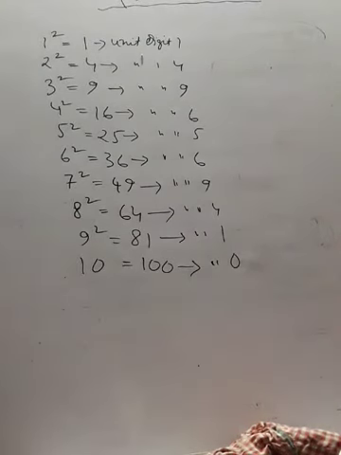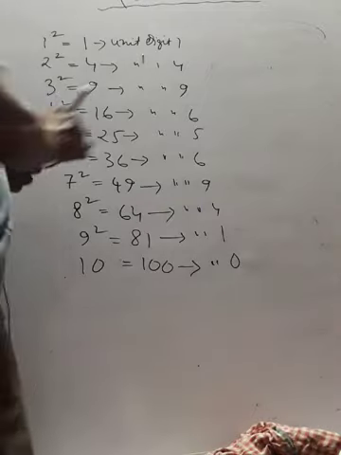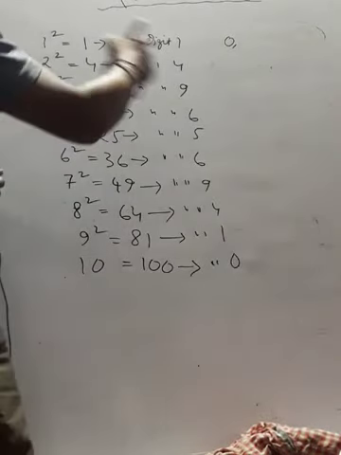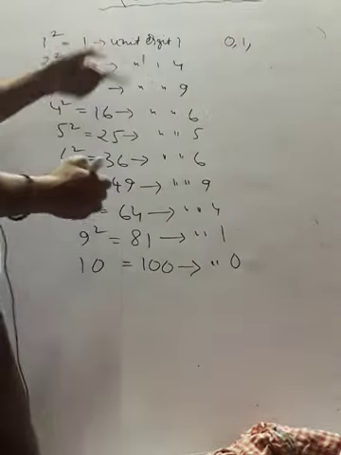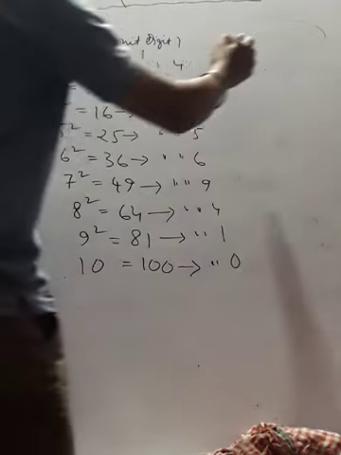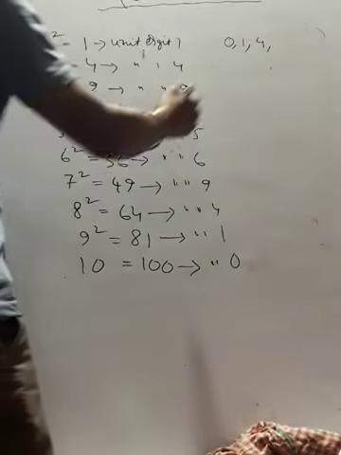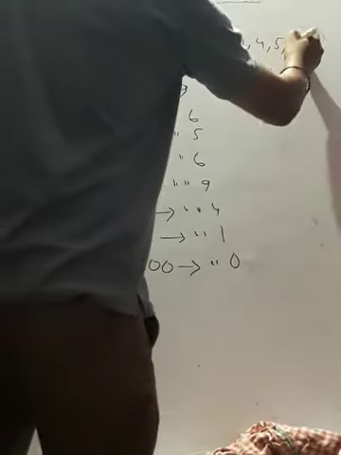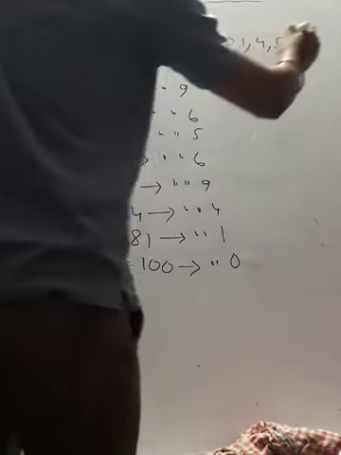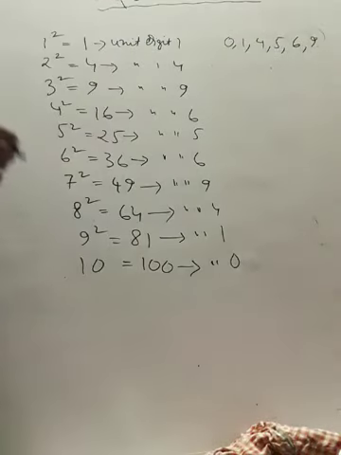Now let me see which are the numbers from the first 10 natural numbers that I have found. So first, 0 is there. Now 1 is there. 2 is missing. It is not here. 3 is also missing here. 4 is there. 5 is there. 6 is there. 7 is missing. 8 is missing. 9 is here.